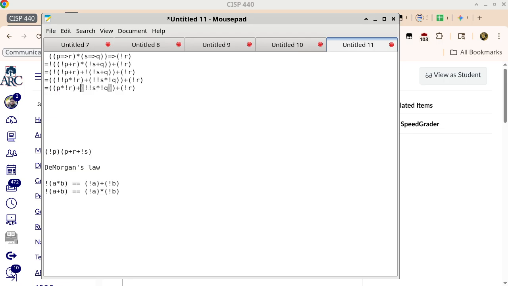I perform a simplification. The negation of S is really just S by itself, so I can just take that out. At this point, I have an OR that is nested, and then we have an OR on the outside. So that means we can now apply